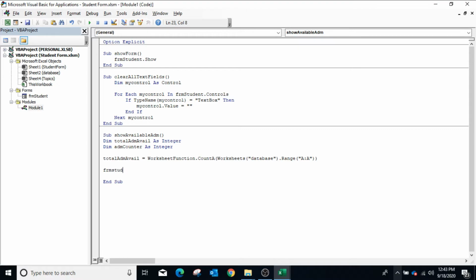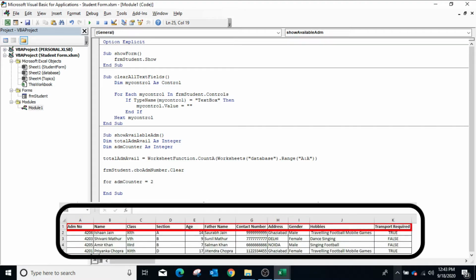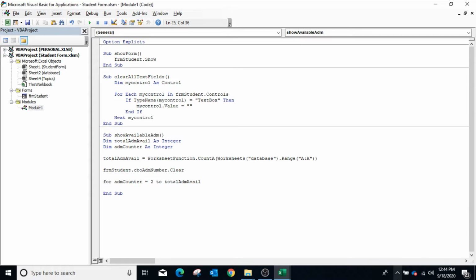So frmStudent.cboAdmNumber.Clear. Now we will run the loop to add all admission numbers one by one. So For ADM counter equals 2, because the first row contains the heading, to total ADM available.